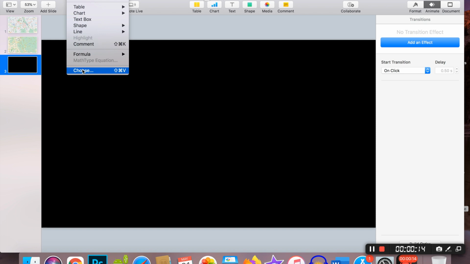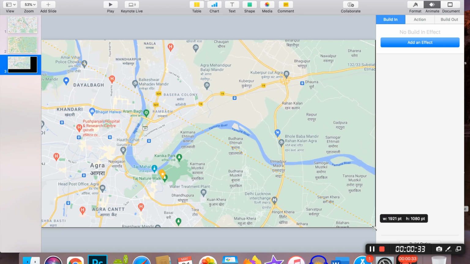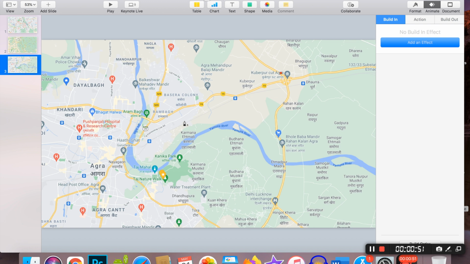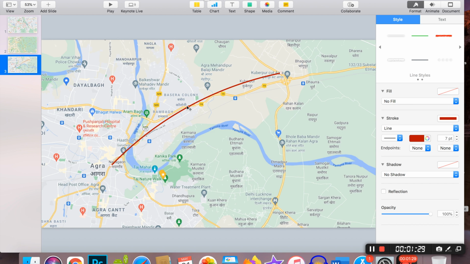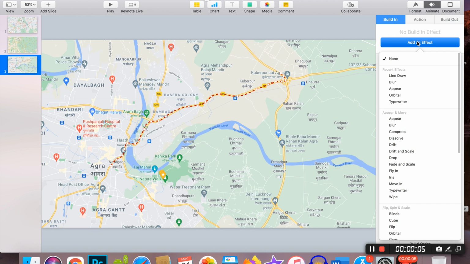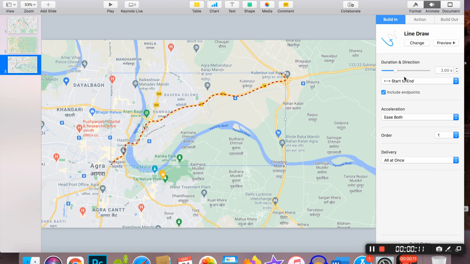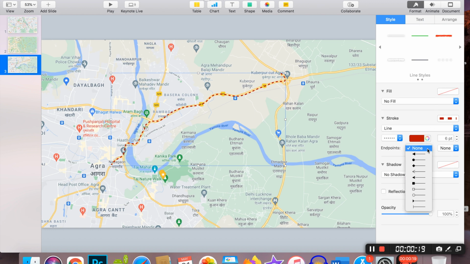This is the final clip in which animation is to be done. The arrowhead is to be put in the direction in which animation is to be done.